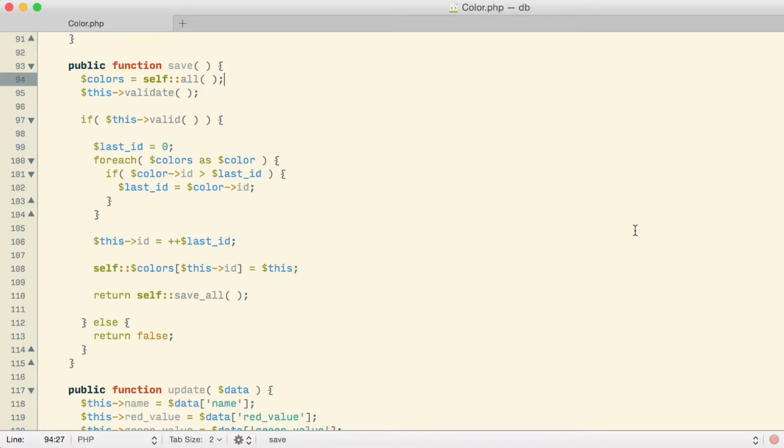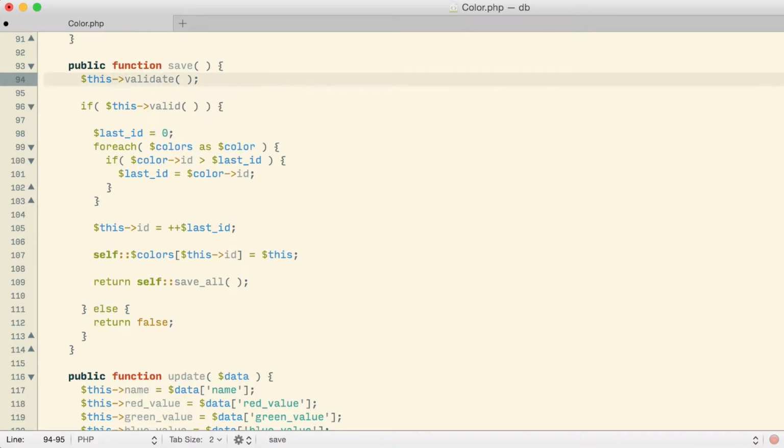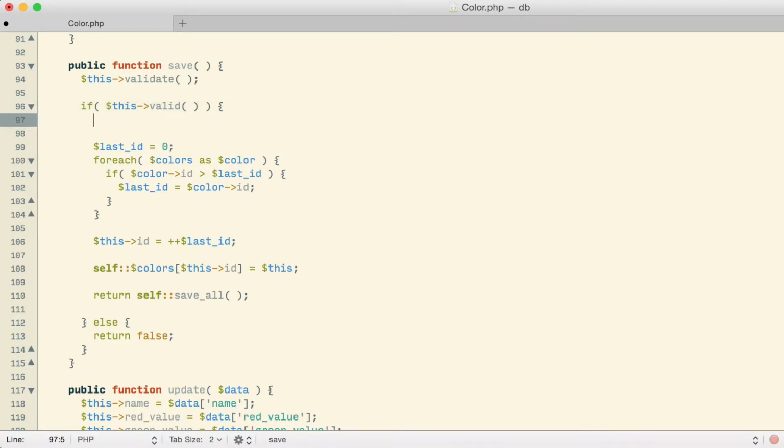So let's take a look at what we need to change here in order to make the save function work with our database. For starters, the loading of all the colors no longer needs to happen. Instead, now we could start off just by calling validate, and then if the color is valid, that's where we would then be ready to go on and start storing the data in the database. So it's at that point where I might want to call my initdb function to make sure I actually have a working database connection. The next little bit that we had here in the save function previously from working with the flat file was where we went through and generated a unique ID, basically figured out what the next ID to be used would be.